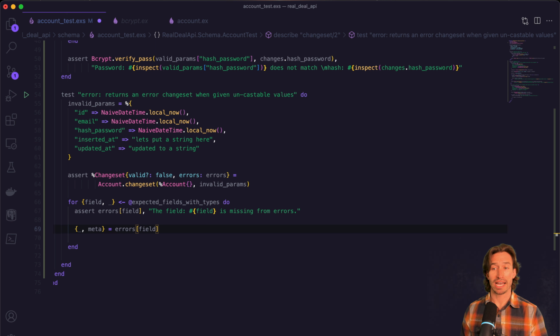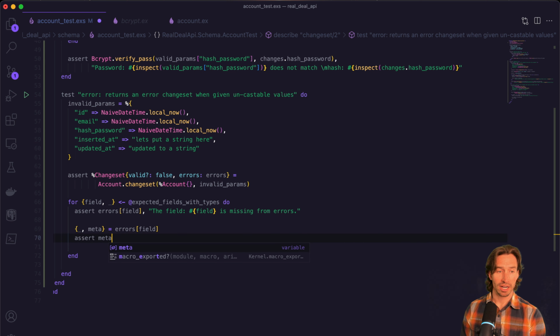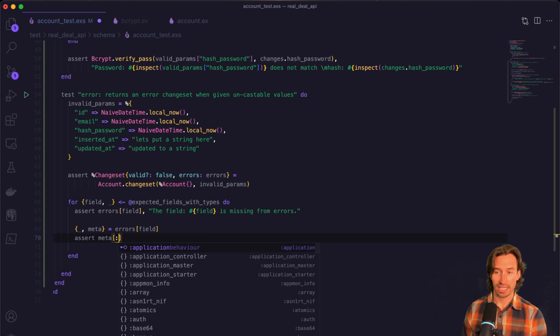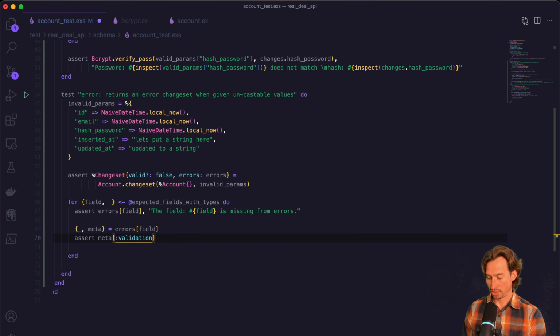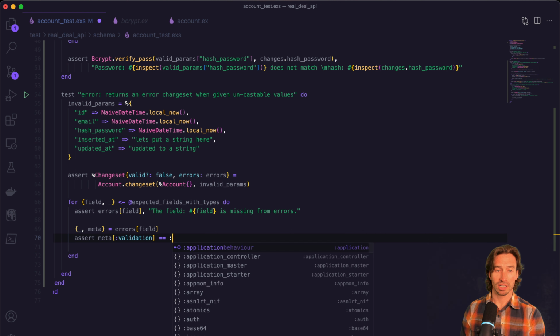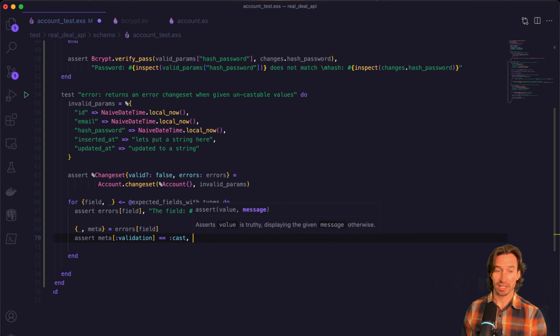And inside that meta list, there is a key called validation. And that validation, that's the validation error. It should equal cast. And if it doesn't equal cast, then it's not a cast error. So we want to assert that our meta list with our key validation equals a cast error. Because if it doesn't, that means the validation